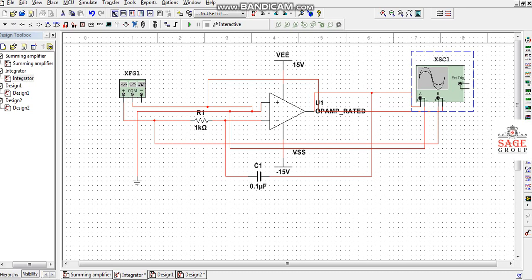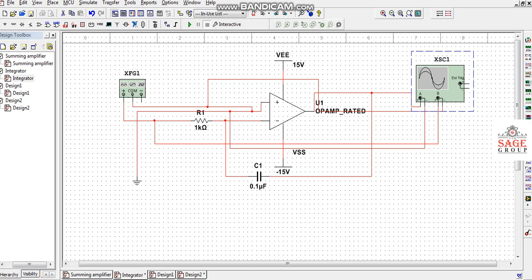For making a circuit of an integrator, we require an operational amplifier IC 741, then a resistor. In feedback we will connect a capacitor, and for giving input, a function generator is there. For display of input and output both at a time, we will use a CRO. So these are the two instruments we will use to give input and take the output from the integrator circuit.